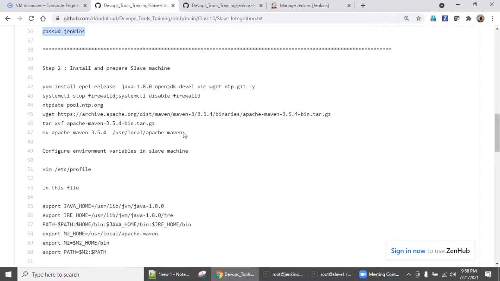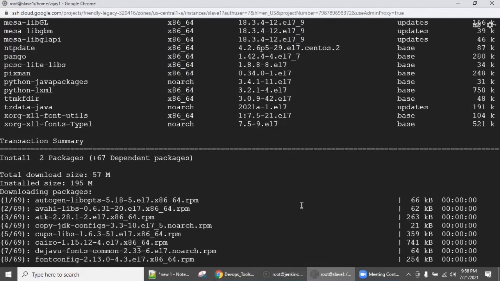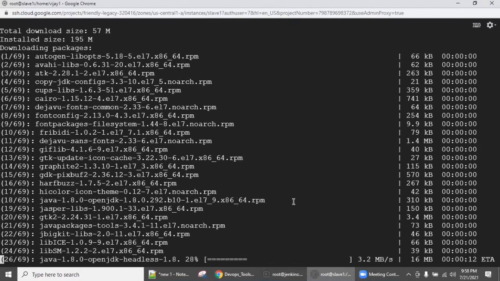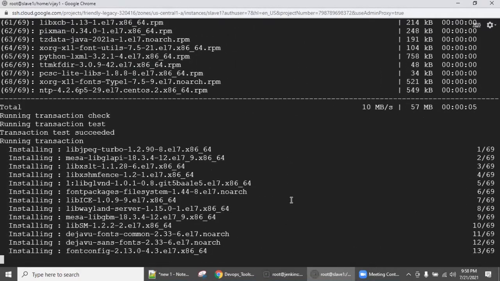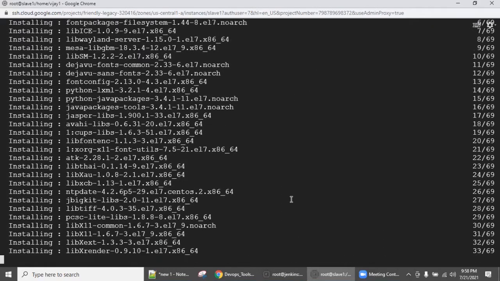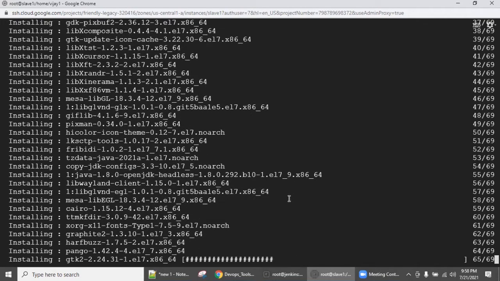So we are going with the same in slave machines. Let's wait for a few seconds, because instead of running the compile and build in the Jenkins master server, we are planning to do this in the slave machine, right?